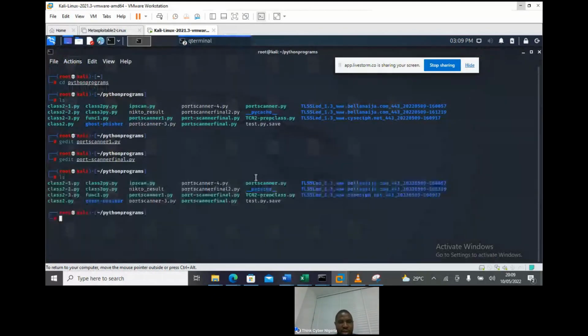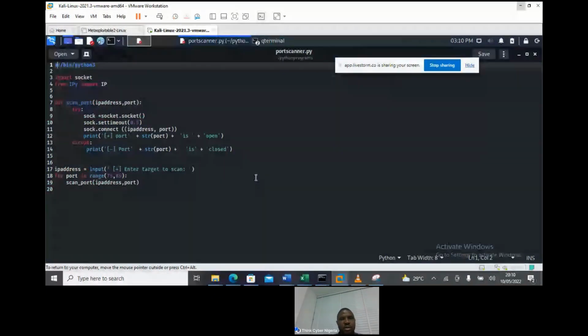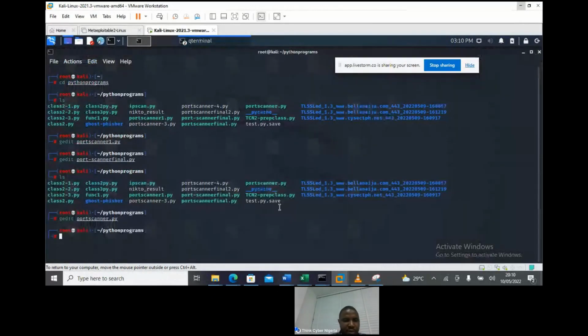Let me see. Port scan here. Let me see what this port scanner shows, because I think we wrote that. The next thing we did was to write, no, this is the, that looks more like an IP scan.